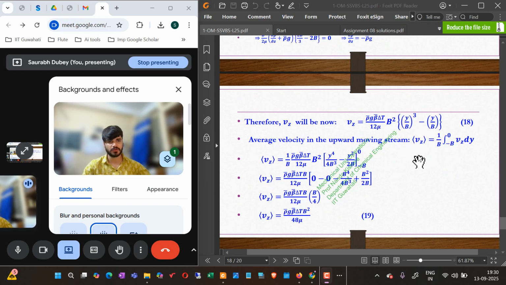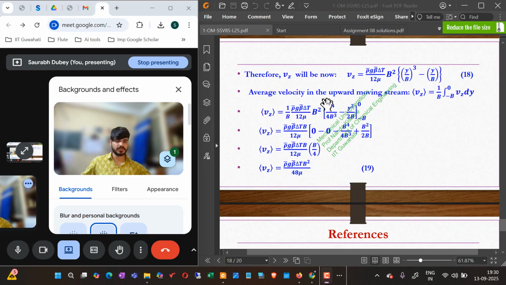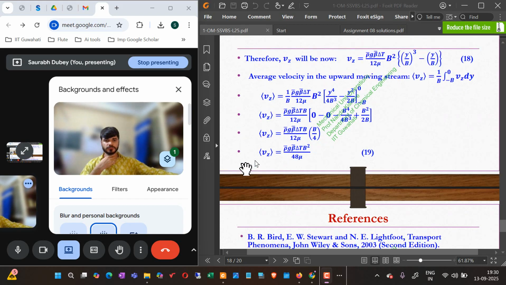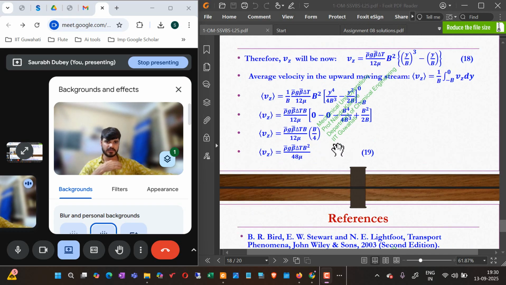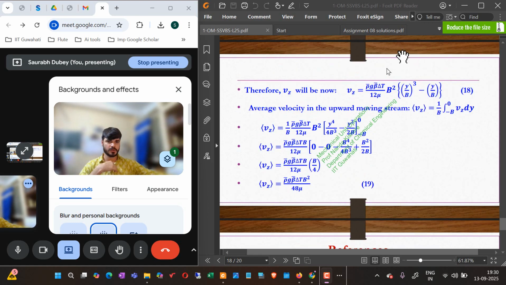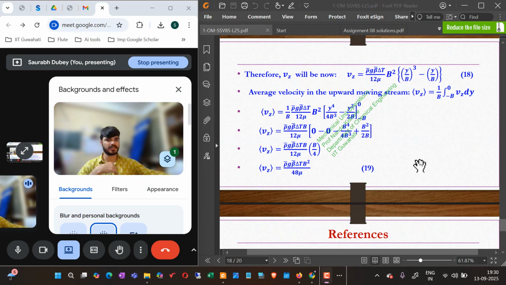The average velocity in the upward moving stream will be 1 by B integral from minus B to 0 of vz dy. Okay, you solve it and then you will be getting this one. So this is the average velocity in the upward moving stream. This is vz, the average velocity in the upward moving stream. And this was the velocity profile, and this is the average velocity profile. So the first question that could be,